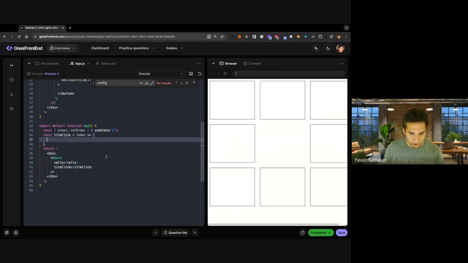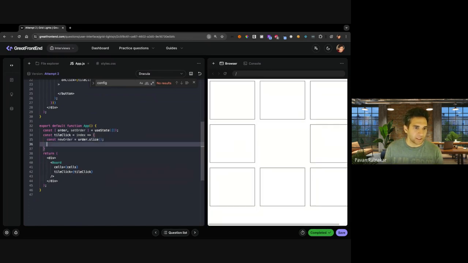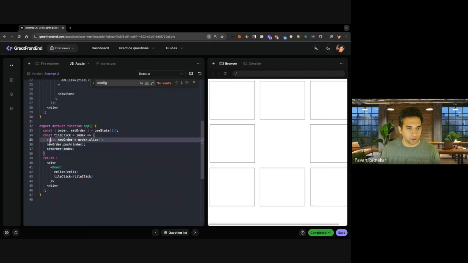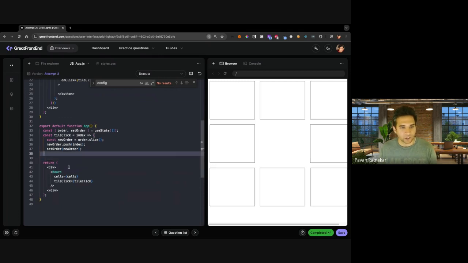The idea over here now is going to push this new index into the array. And since we are using a state, let's create a new order by slicing the current order. We are going to push the index into it, and we are going to set the order as the new order. So now every time you're clicking, you're ensuring that you are clicking on the tile and pushing the